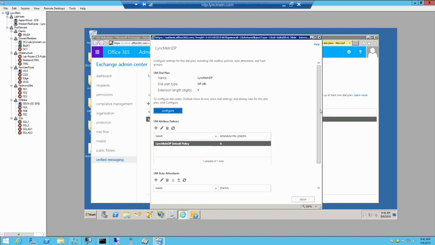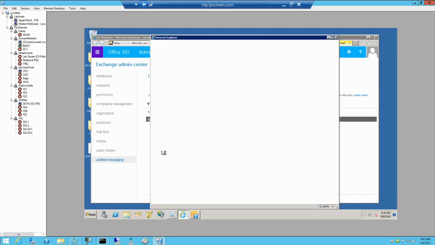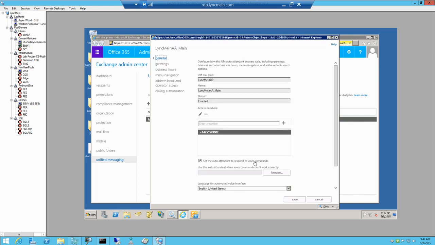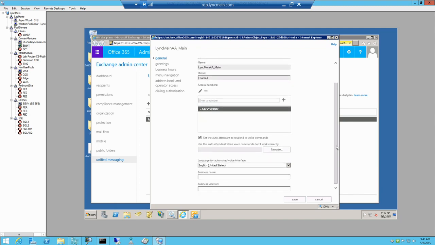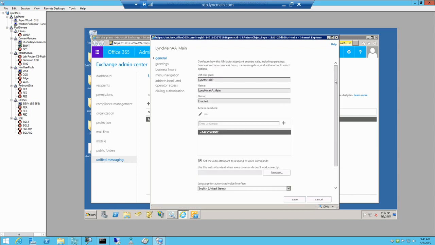We also have an auto attendant configured for this particular policy. We'll go ahead and edit that. And you can see I've assigned this particular phone number to the auto attendant. Okay, I've actually got a key map enabled for this particular dial plan. So what I'm going to do is, if I go look at menu navigation here,